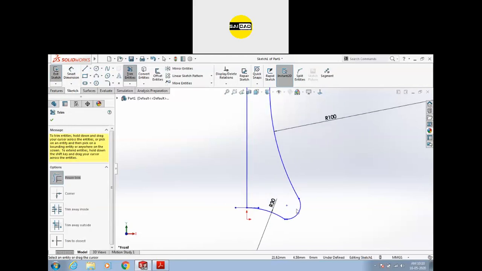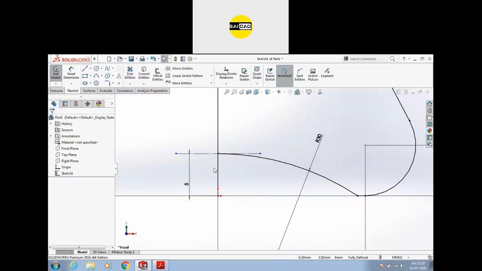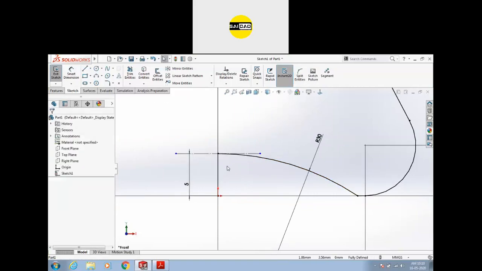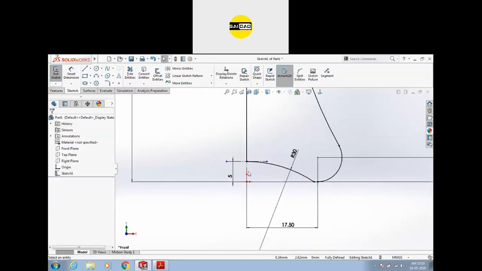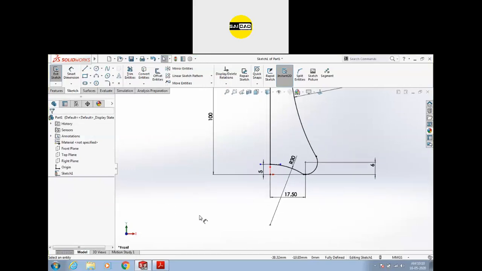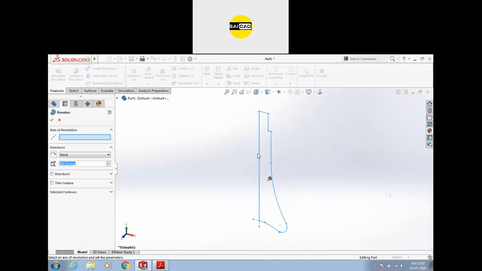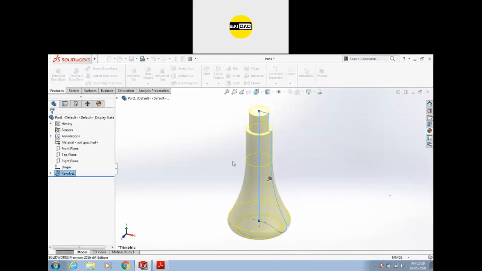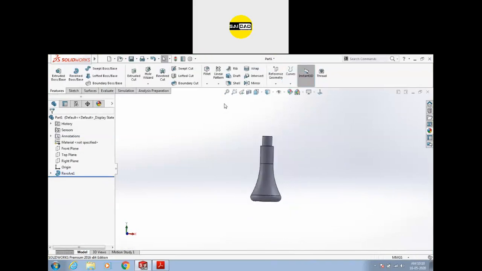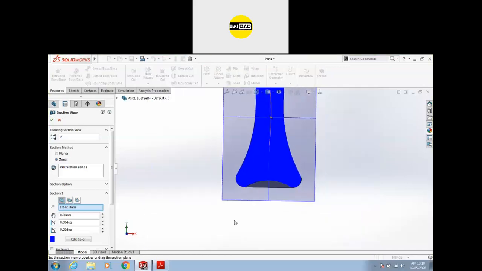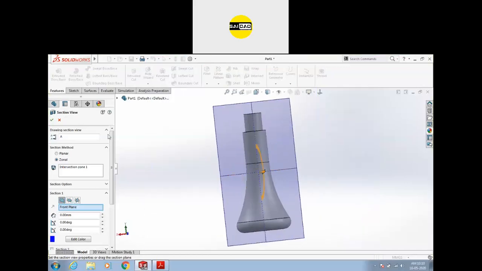So you can see that the object is undefined now, or underdefined. So to create this, to separate this line, we have the command split line. Just split the object, keep it constant here, and convert to reference. So now this is the default command, select axis of rotation and the object created line. You can see the section. So inner side is like this, and the other object is here.